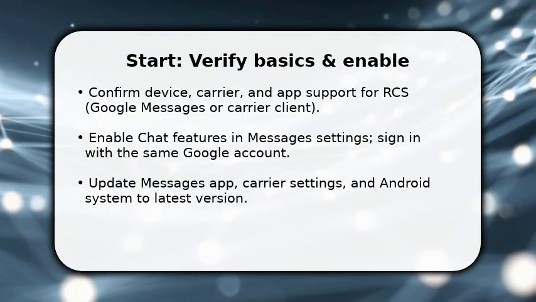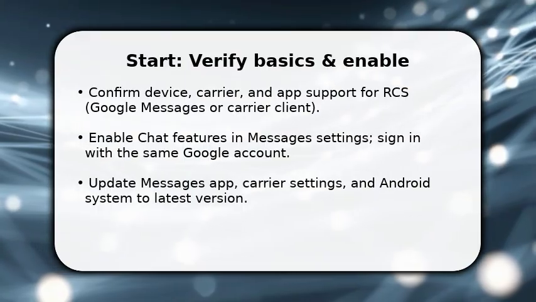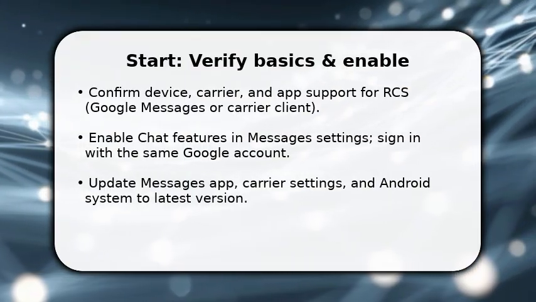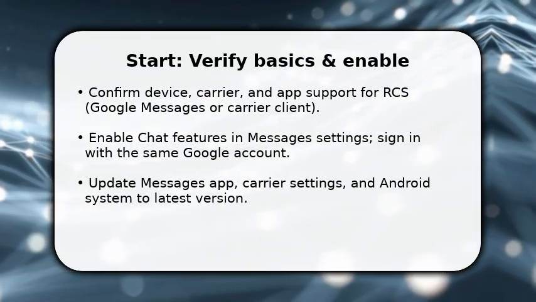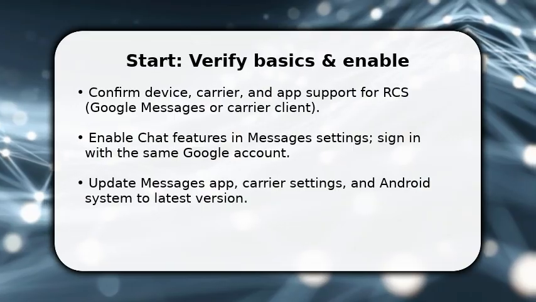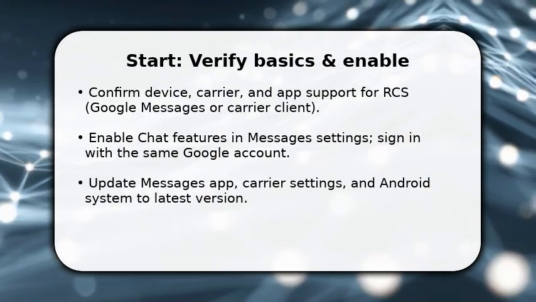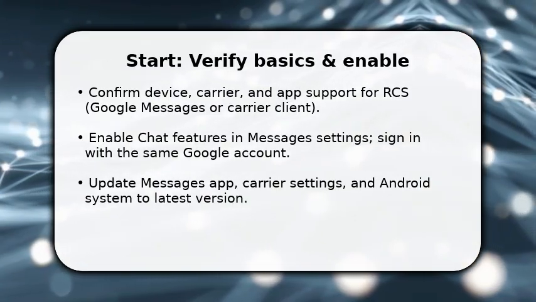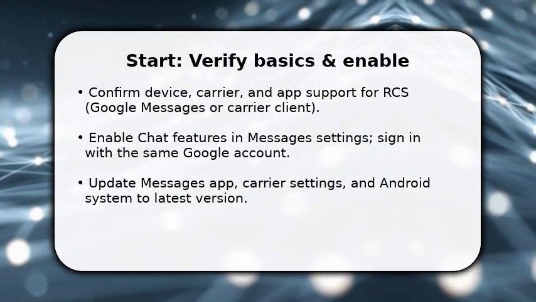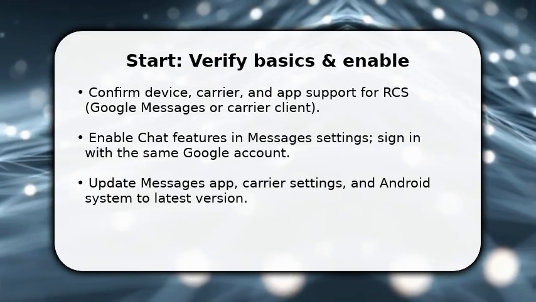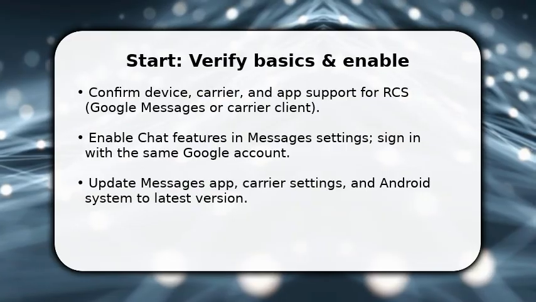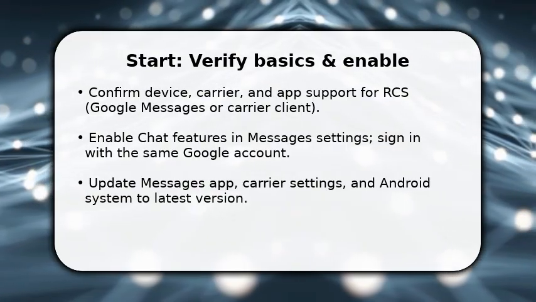You begin by ensuring your phone, carrier, and app actually support RCS. This removes guesswork. First, open Messages and enable chat features. Sign in with your Google account so provisioning can complete. Once done, make sure the Messages app, Android system, and carrier settings are updated to the latest releases. Updates fix provisioning bugs. If you see provisioning status or network errors, note them now because they guide the next